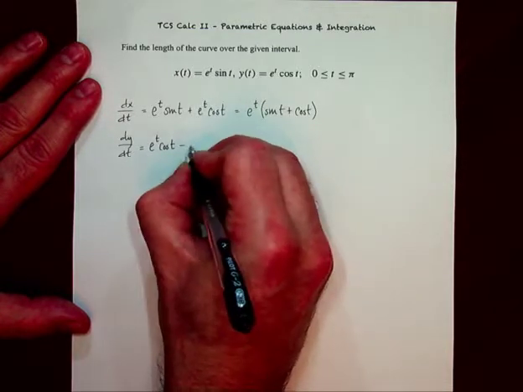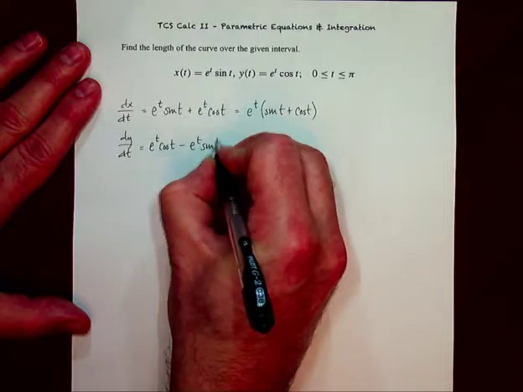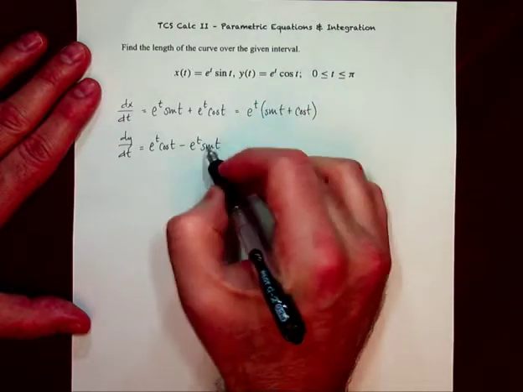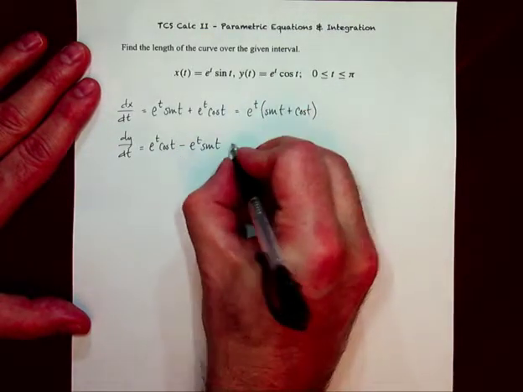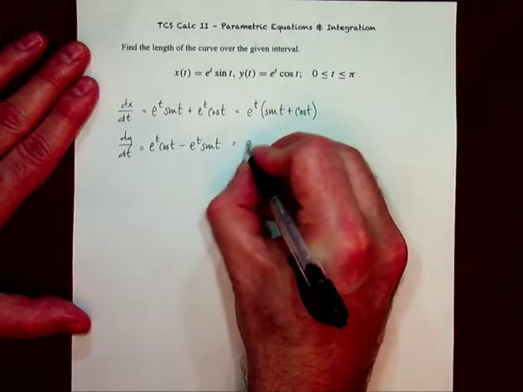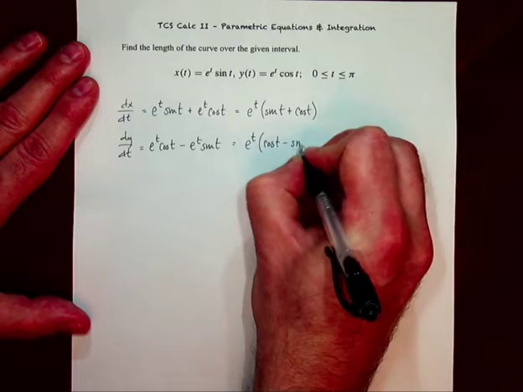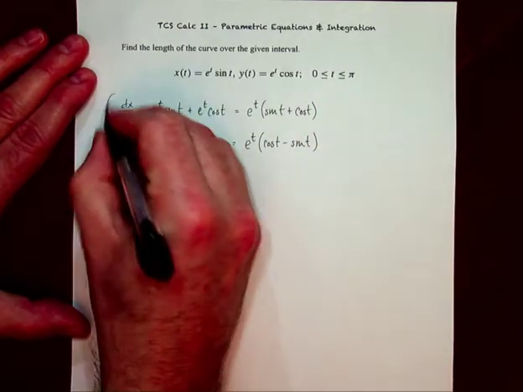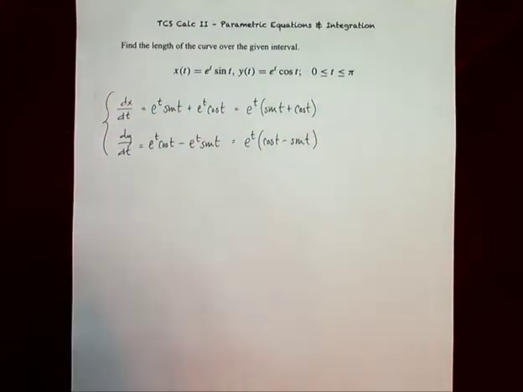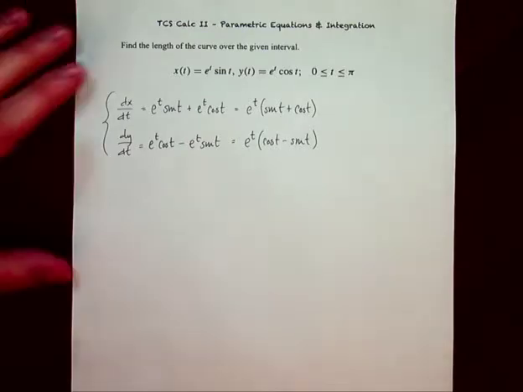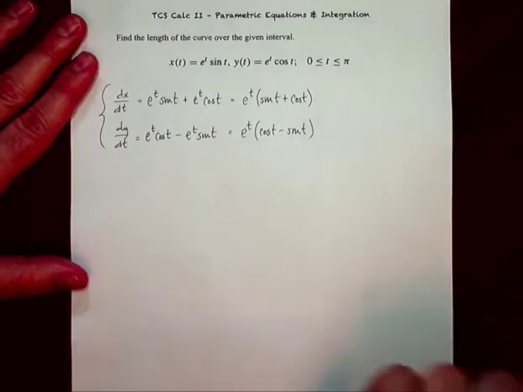Well, it's going to be minus e to the t sine t, because when you take the derivative of the cosine, it's going to change that sign, S-I-G-N, sine, right? And you get e to the t, and this is cosine t minus sine t. Now, let's go ahead and square them and clean them up before we put them in the radicand in the